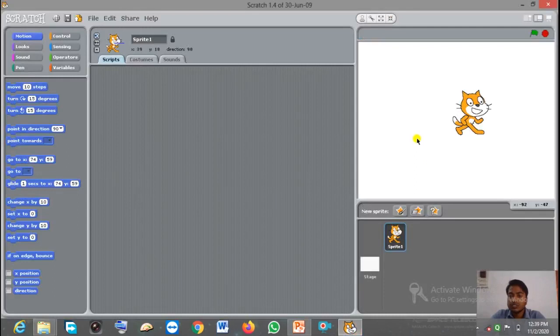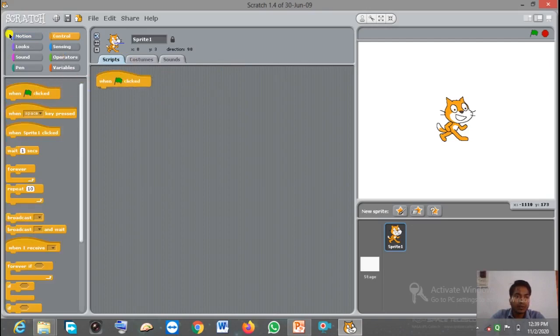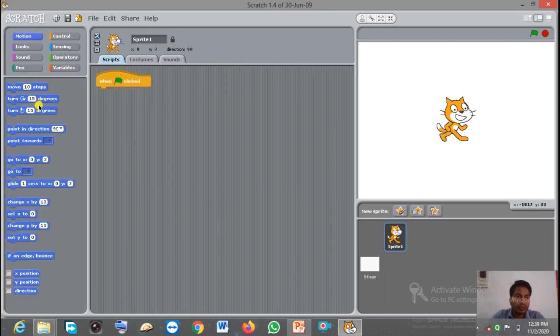Okay, so this is the stage, and here only this sprite is supposed to perform the action. Now let me show you how to perform some action. Now I'm going to click here.